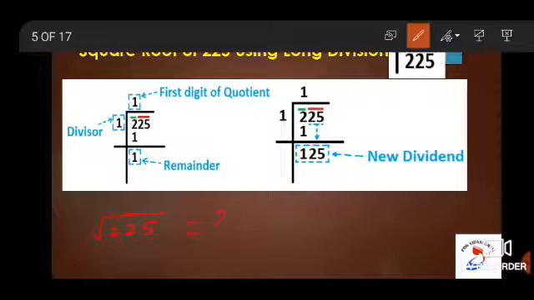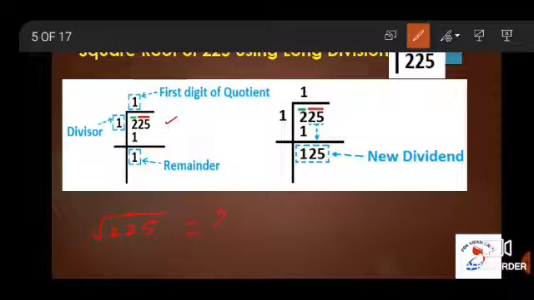In the first step, children, you have to separate the numbers in terms of bars. See the given number, first I have written it as 225. Then I have separated this number in terms of bars. We have to start from the last, so we take two numbers in one bar. So I have given a bar over 25. The next number, there is only one number left over, that is 2, and it is given a separate bar.